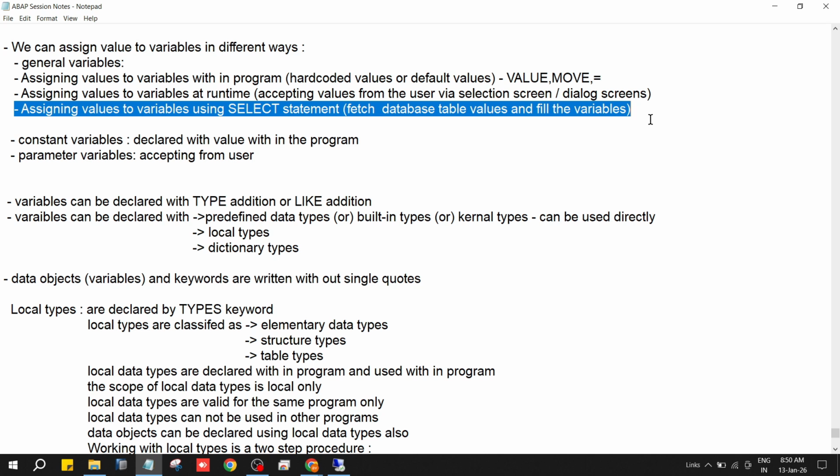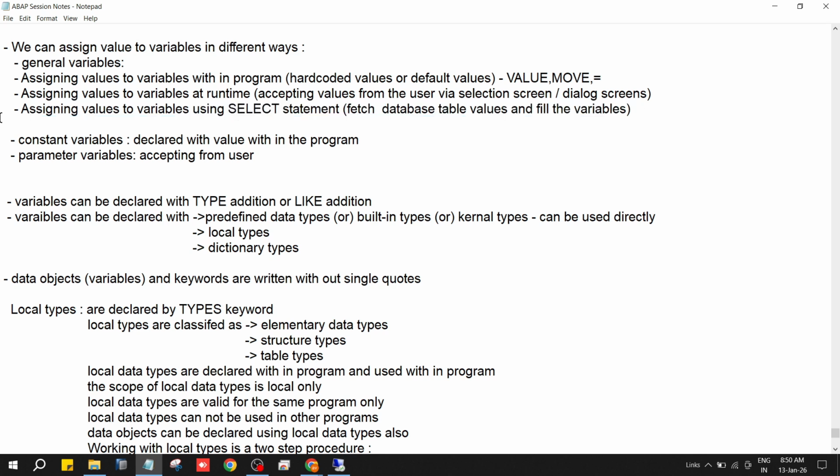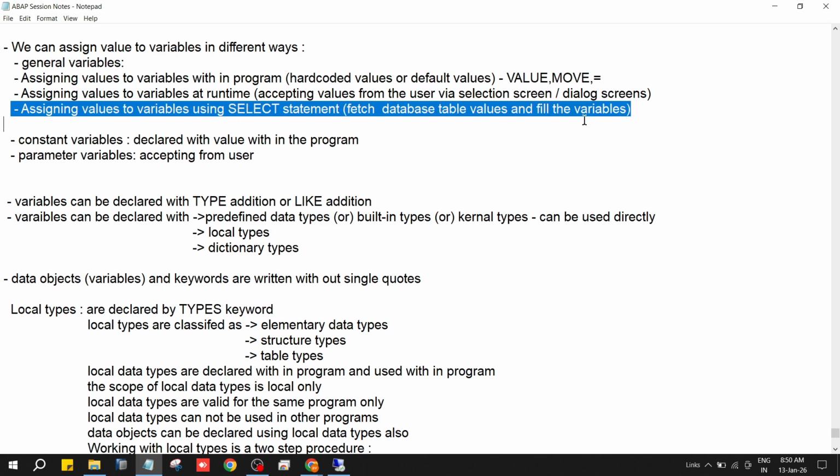You are clear in architecture, I already covered this. So if you want to fetch data, retrieve data, we have to use select query, select statement, because you cannot move the value from database layer to application layer. You cannot use move statement